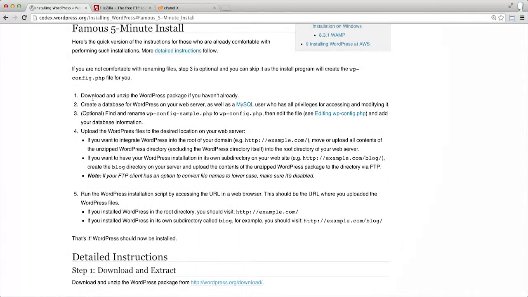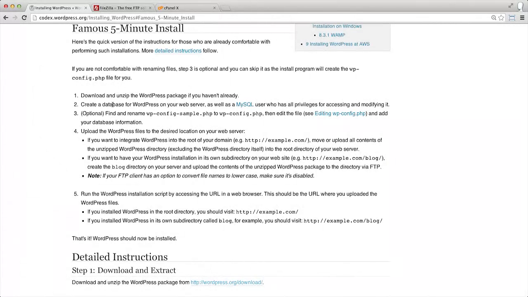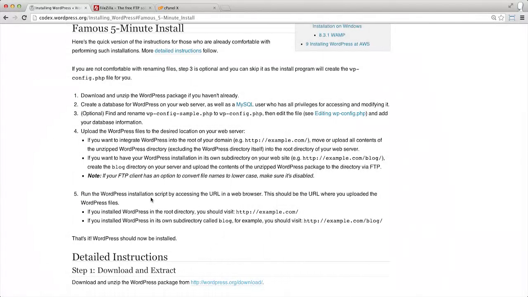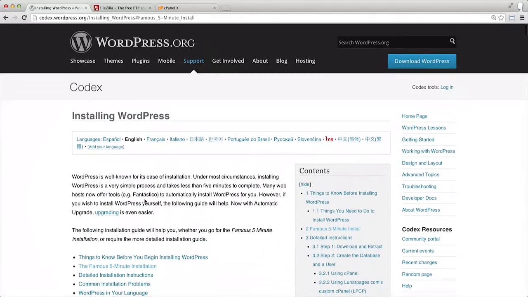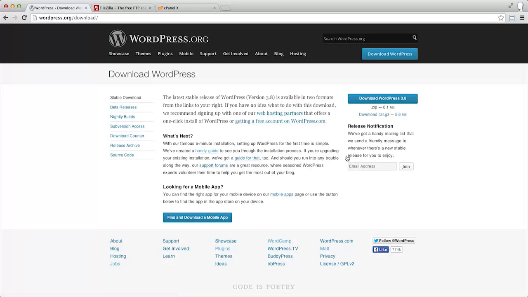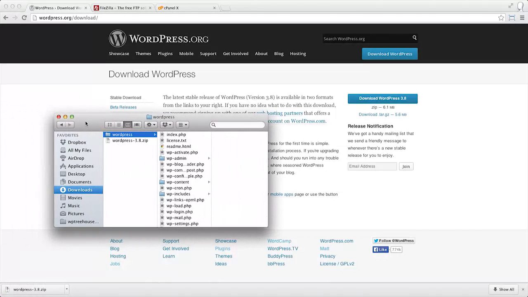It includes downloading WordPress, creating a database, making some configurations, uploading all of our content, and then running the WordPress installation script. Let's walk through this process now, starting with going to the main WordPress.org website, click on the blue Download WordPress button, click on Download again, and then make sure that we have the copy of WordPress unzipped so that we can easily upload it to